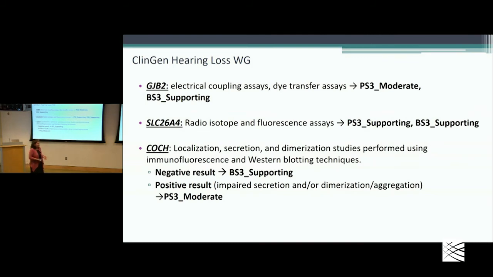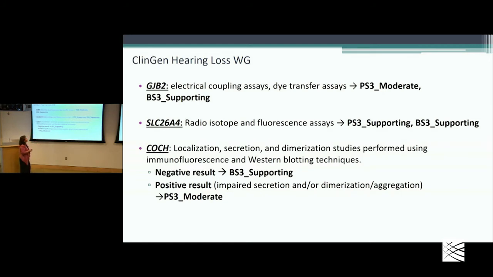Also, the environment. Did they do it in an in vitro system where it's not clear that it recapitulates the biological setting? So the closer the assay is to testing true human environments, the more usable that information is. As an example, our ClinGen hearing loss work group went through reported assays across different genes, things like electrical coupling assays for the GJB2 gene, which is a gap junction protein, dye transfer assays for SLC26A4, radioisotope and fluorescence assays, COPE localization assays. And you can see in this case, we never came up with anything that met strong